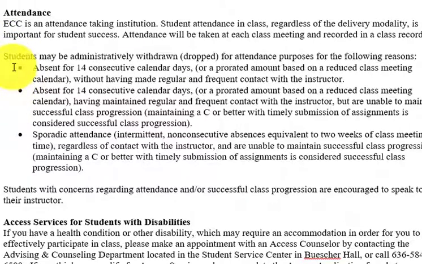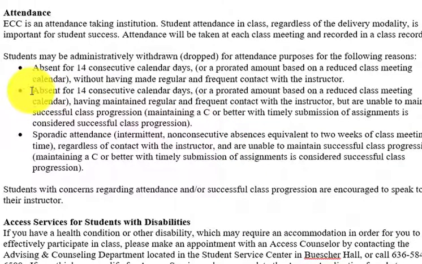But check this out. If you don't log in for 14 days consecutively, without you being in the hospital or having some dire family emergency that you've communicated, then the college requires that I drop you. But there's something else.